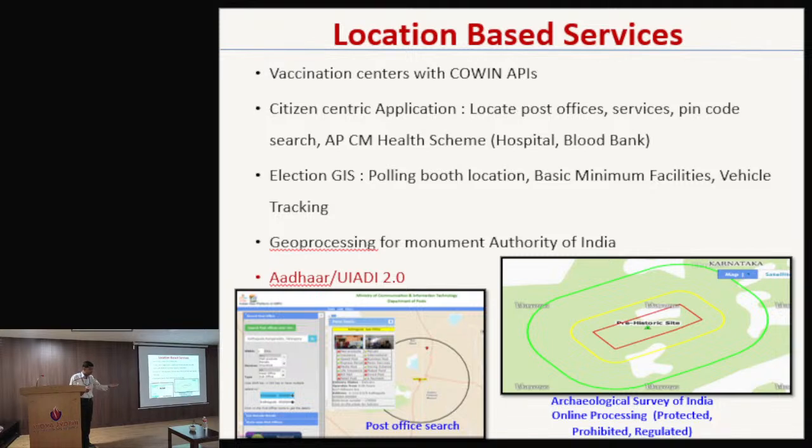Otherwise they have to arrange a temporary ramp, whether a ramp is there or not, to support the specially enabled people. So like that, different kinds of things they collect, and that kind of information is available in the basic minimum facility. Now if any issues are happening, like some voting machine is not working or some kind of